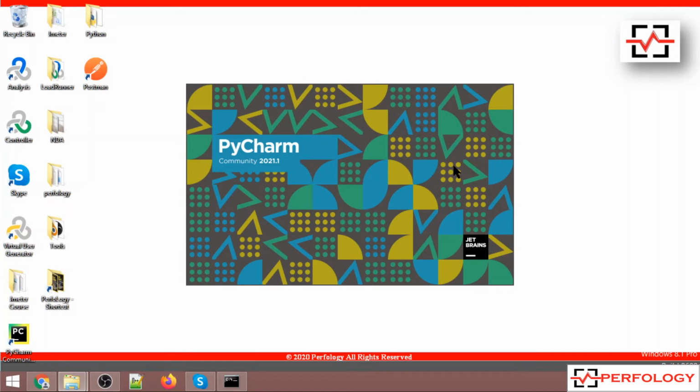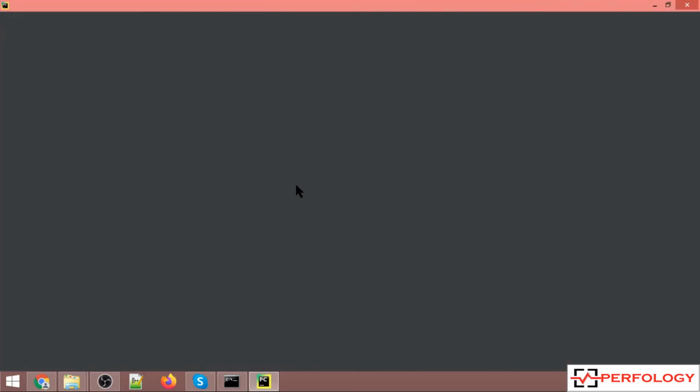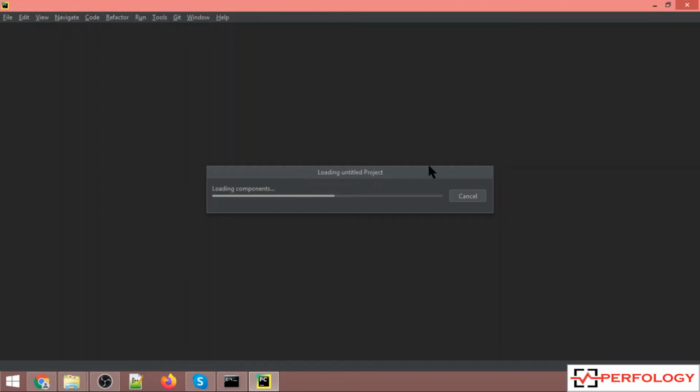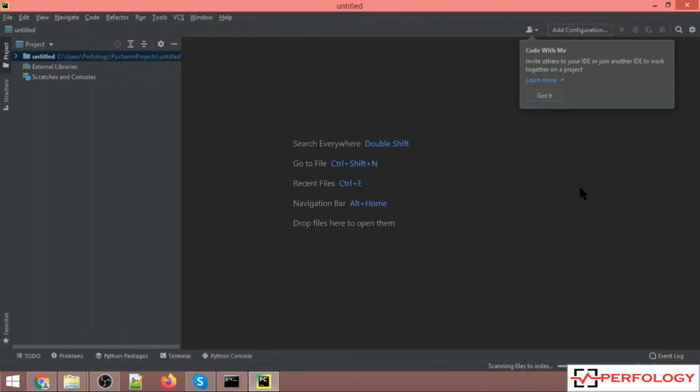So we are basically using PyCharm Community Edition 2021. So PyCharm has launched and it is basically loading a few required components. At the bottom you can see it is scanning files to index, so let it complete. Okay, so now we are done.